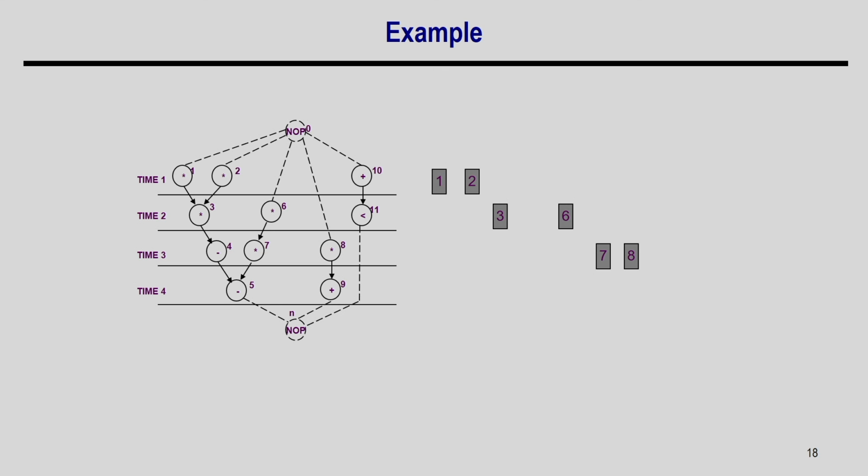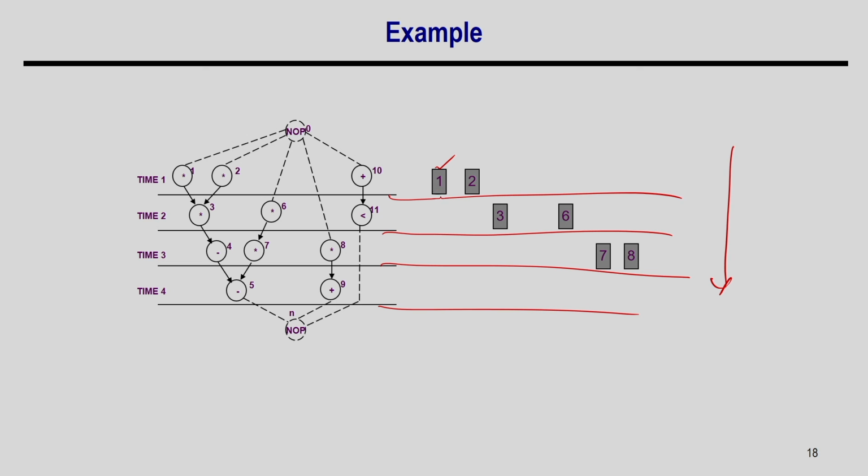Now let us take the example that I talked about previously. This is the schedule, and for this schedule I have these intervals. I am going to consider only the multiplier, and you can consider the ALU operation in the next iteration. Here the intervals are given in this order. You can assume this is the left edge and this is the right edge. So, what will be the sorting of this? It is 1, 2, 3, 6, 7 and 8.